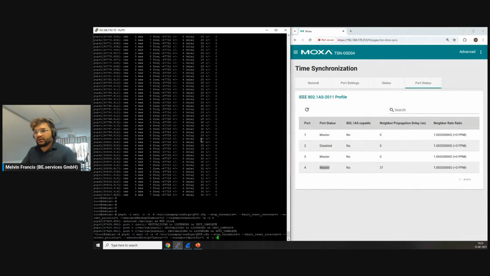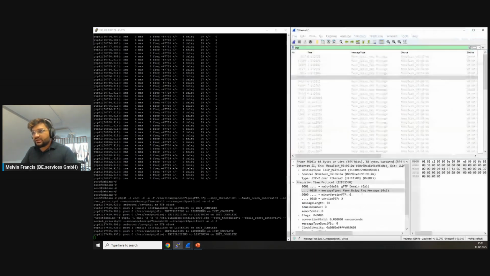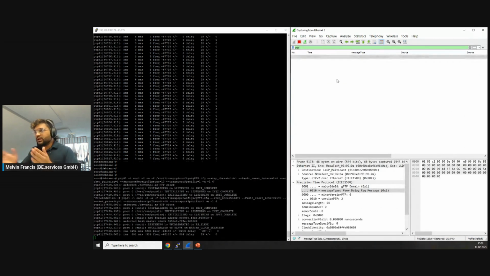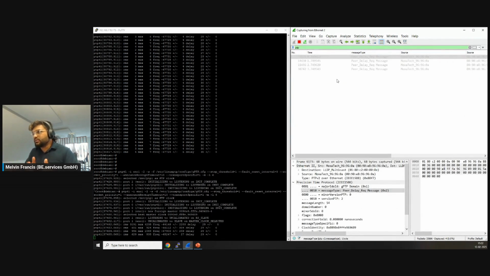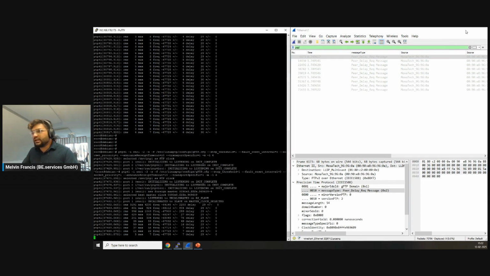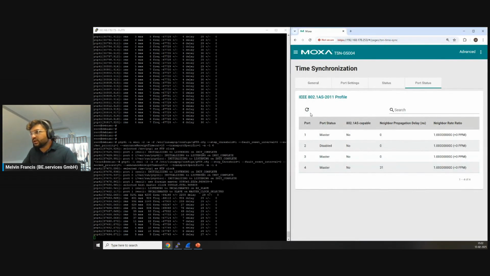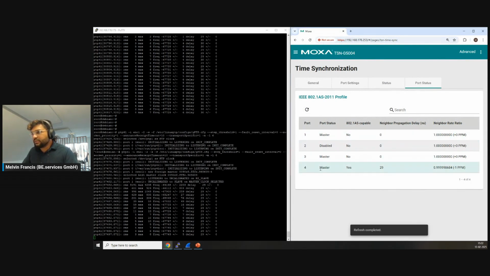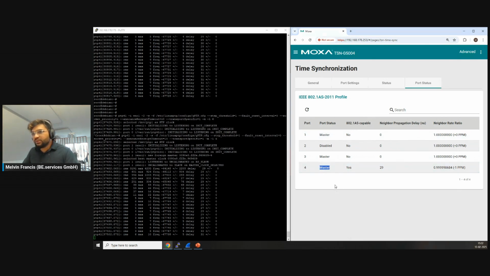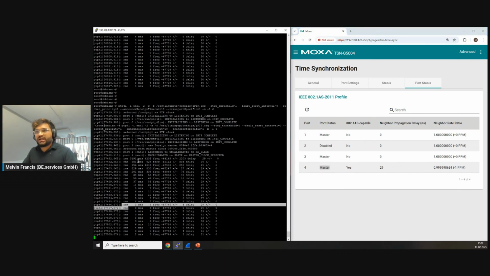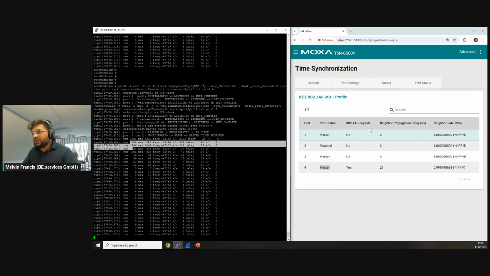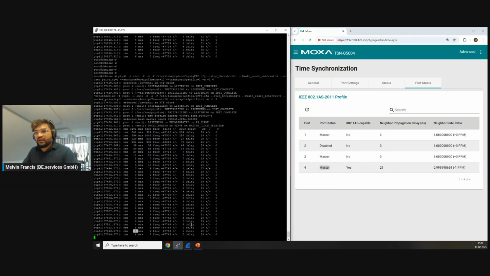I'm going to start the time synchronization now. 802.1AS is happening, and the PTP protocol takes care of it. You can see the packets being sent here, and they have decided that the master is going to be the switch. So port number 4 is the master, and the port connected here is time sync capable. RMS means the master offset. First the offset was big, then they slowly negotiated between each other, and now they are at the level of